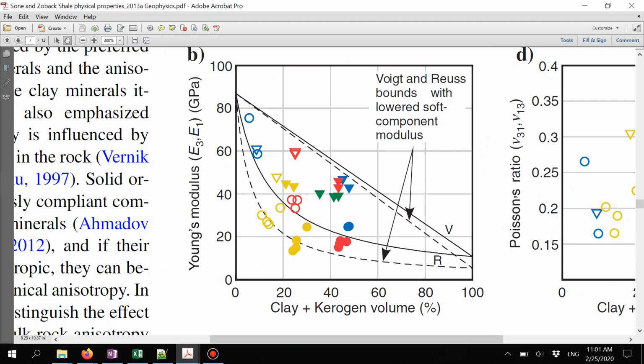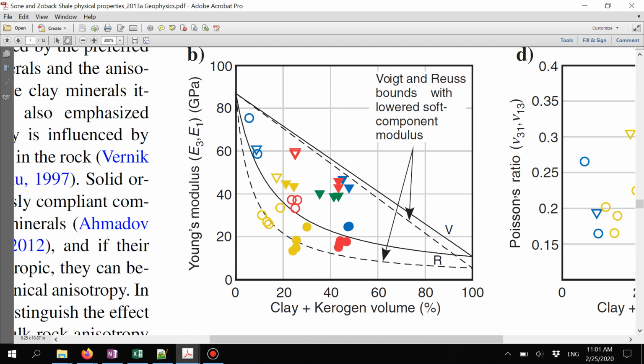Then the horizontal Young modulus is about 40 to 50 gigapascals, but the vertical Young modulus is lower than 20. So the anisotropy of this rock, if you divide the horizontal Young modulus by the vertical Young modulus, would be higher than 2. And that means the rock is quite